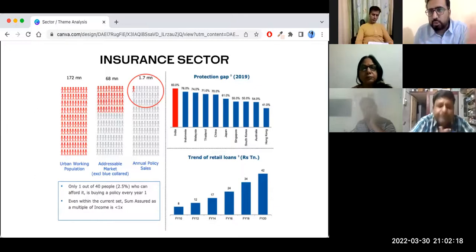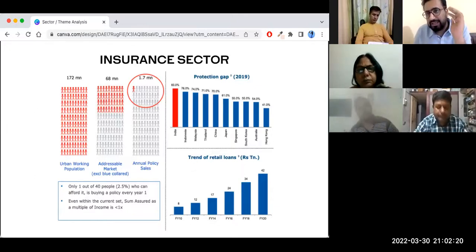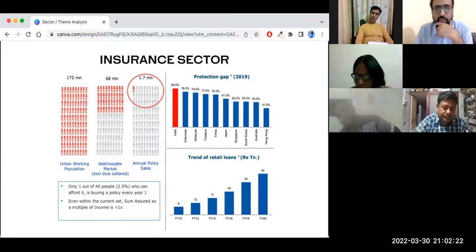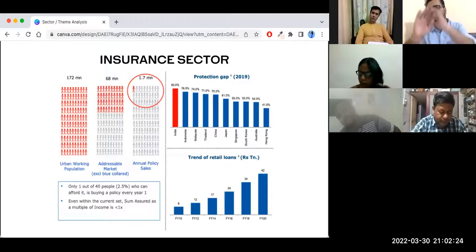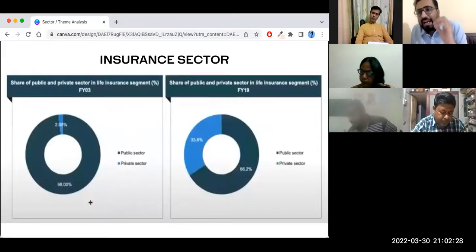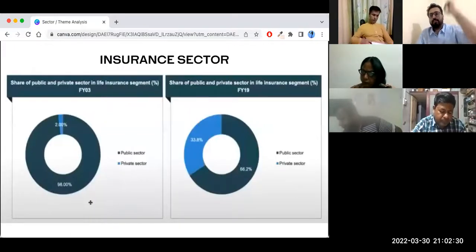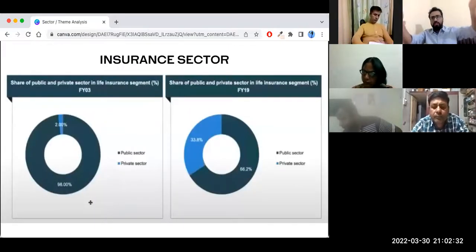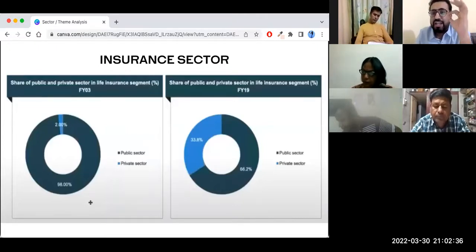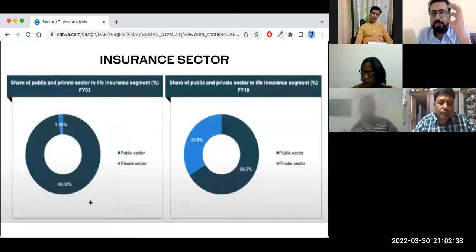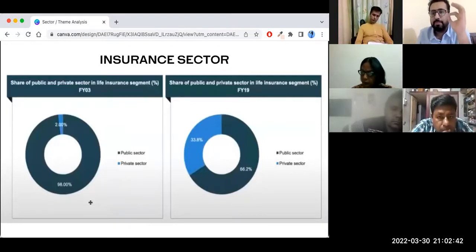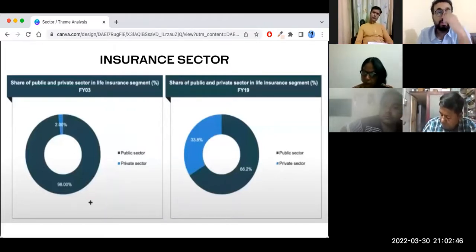So these two slides are very, very clear, right? It's a highly under-penetrated industry. We need not be specific with data, but we get a feeling that there is very little penetration. Of course, the sector will grow because penetration will increase. Within that, there is immense value migration, or market share shifting, happening. Very strong market share shifting.